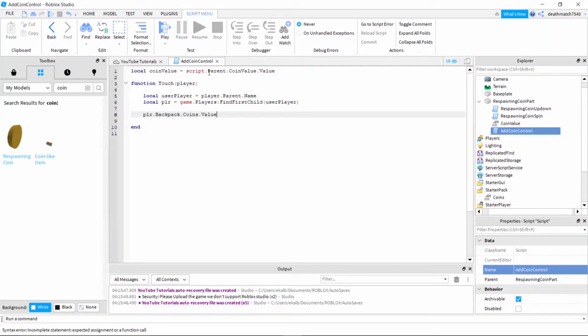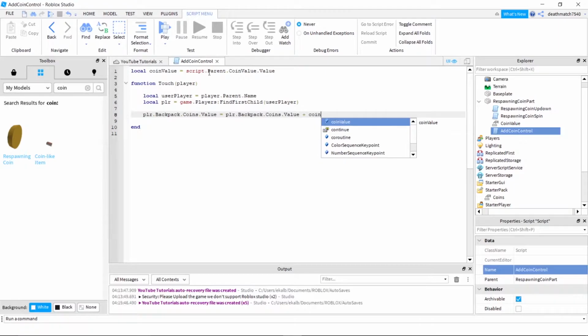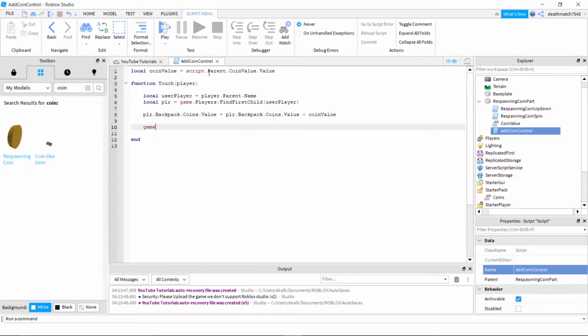Now this will be where you change it to the method that you have. So if you have leaderstats, you can go ahead and change it to a leaderstat system. I do believe I have a video. If I don't, you can go ahead and check out some other people. I know Alvin Blocks has some great leaderboard tutorials. Anyways, let's go ahead and do